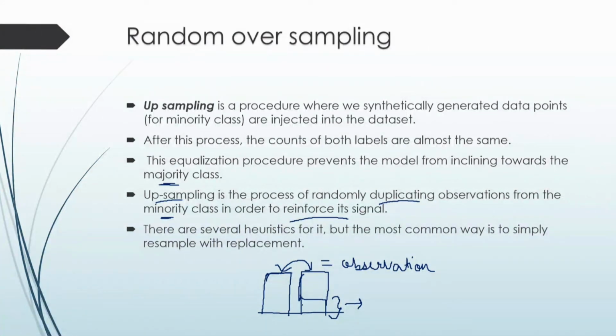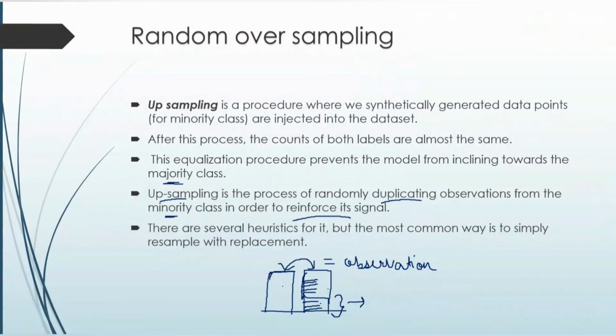We will select a random number of samples from this minority class and make duplicate observations. So in order to make an equal number of observations in both the majority and minority class, we will generate these random observations for the minority class. So the model will not be biased towards the other class, meaning the not fraud class. Now it will learn from both of these classes, fraud and not fraud, and the problem of class imbalance is solved.